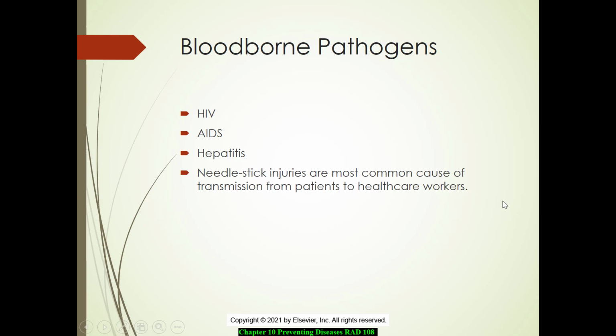HIV is transmitted by means of sexual contact, contaminated blood needles, fluids containing blood, placenta from the mother to the fetus, and mother's milk. So for us, one of the things that we need to be concerned about is needle stick injuries, as well as if a patient has hepatitis. With hepatitis, we do encourage you to get your hepatitis B vaccine. We talked a little bit about hepatitis A, but that's transmitted through food and feces. Hepatitis B, C, and D are bloodborne pathogens, and those are ones that you want to be cautious of when you're dealing with any blood products that you could come in contact with.